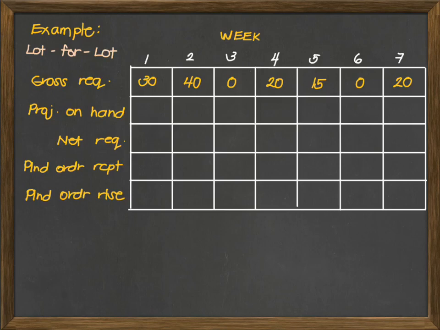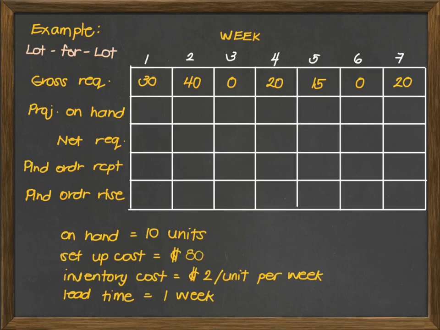So first, using the lot for lot technique. We have the following gross requirement for 7 weeks. We will be solving this in a tabular manner, writing the projected on hand, net requirements, the planned order receipt, and planned order release. We are also given the following data: the on-hand inventory is 10 units, a setup cost of $80, an inventory cost of $2 per unit per week, and the lead time